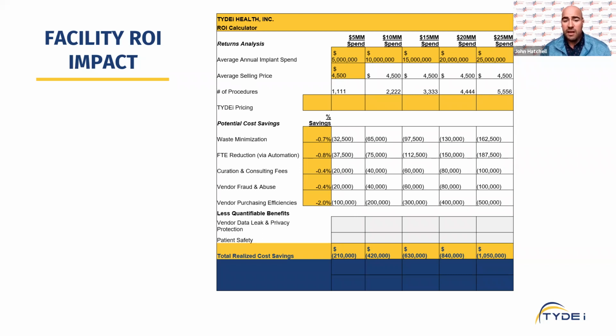to better understand their purchasing habits. And then vendor fraud and abuse, again, this is another proactive management that I can assure you from my experience in the space would be very, very valuable, because they can head off these situations where they potentially are being taken advantage of by over ambitious field representatives of certain companies who tend to utilize more expensive products in place of products that are just as